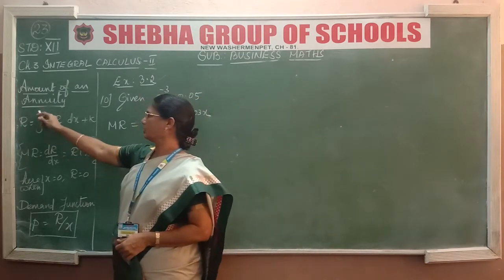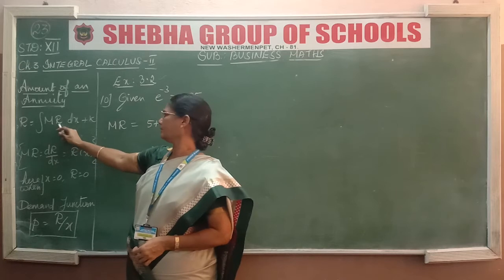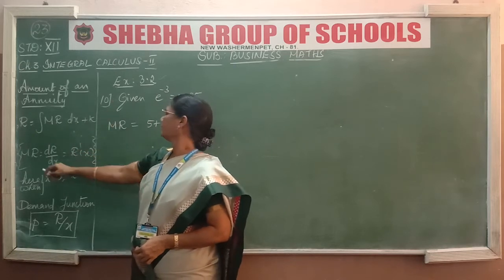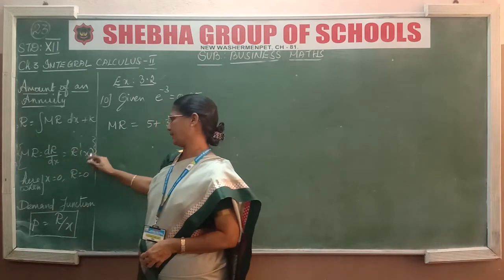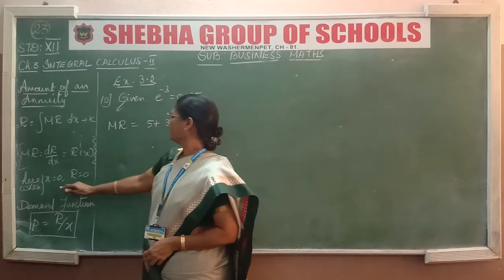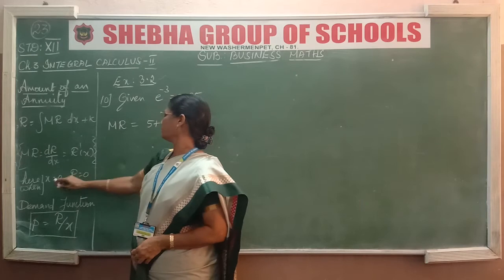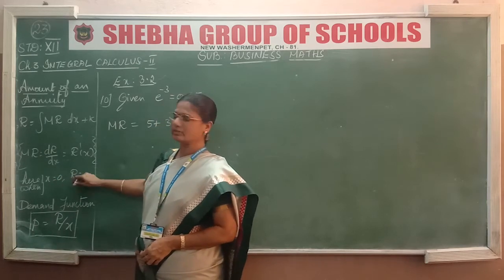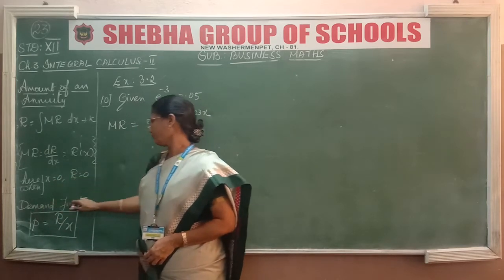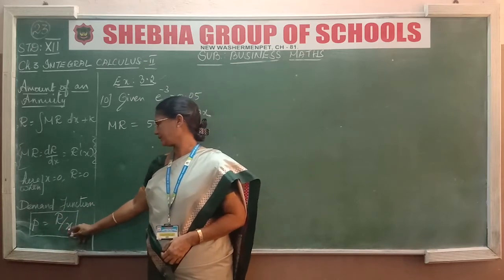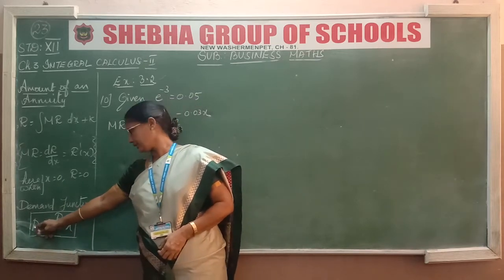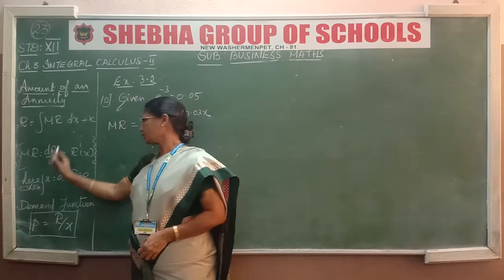Revenue function equal to integral marginal revenue dx plus k, and here also MR equal to dR by dx equal to R dash of x, and also when x is equal to 0, revenue value is 0, and the demand function is p is equal to R by x. Here R by x is called the demand function, that is denoted by p. Using all the formulas,